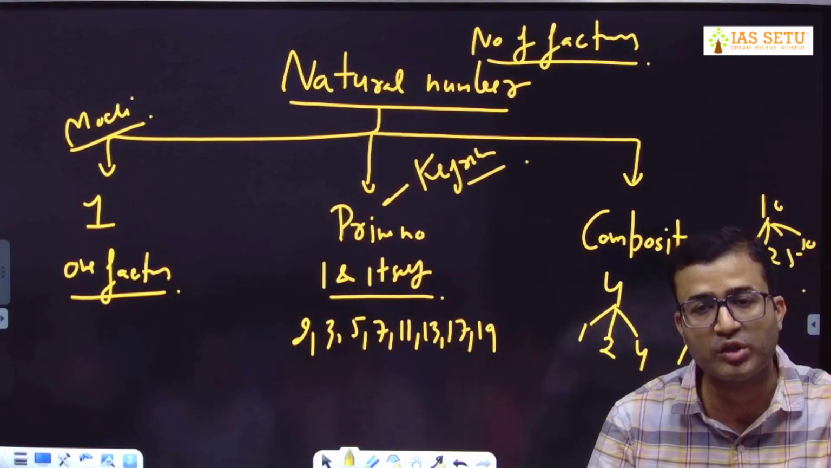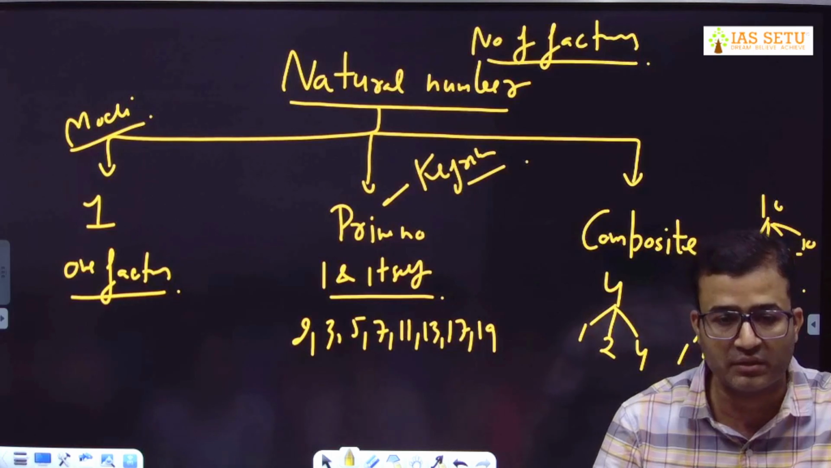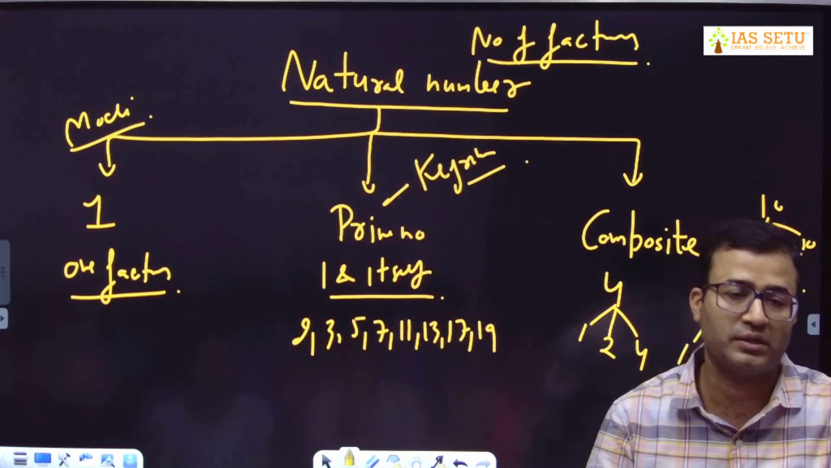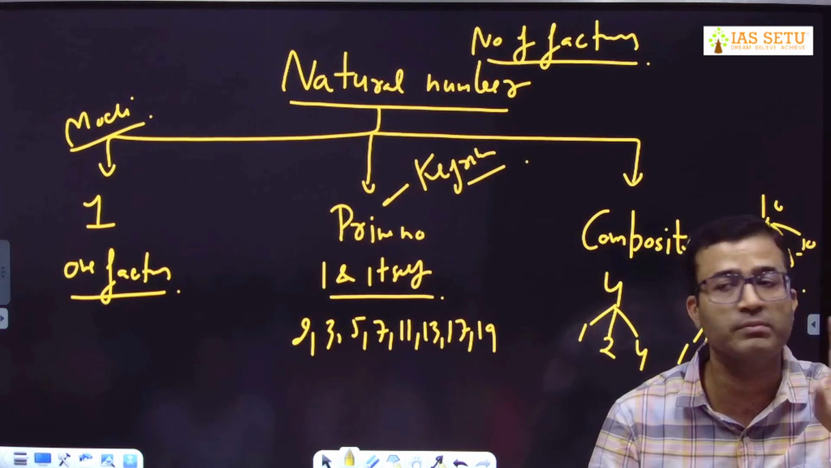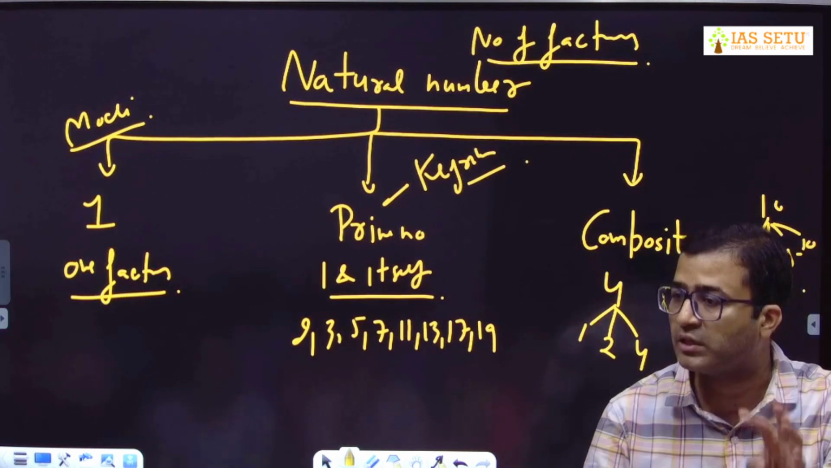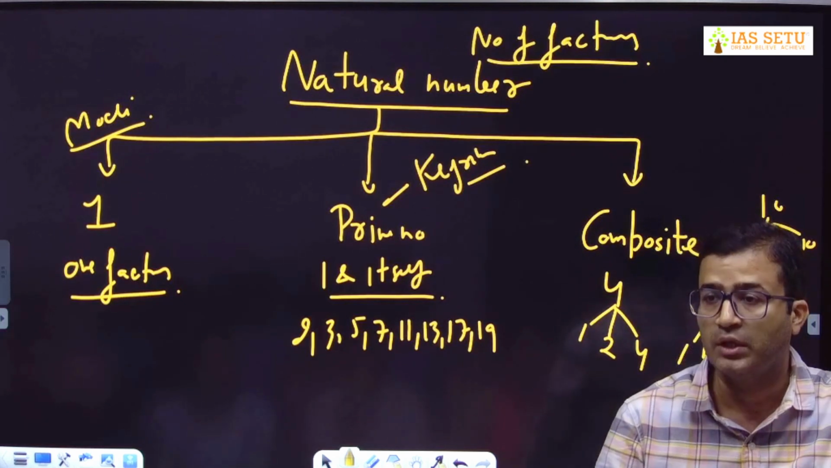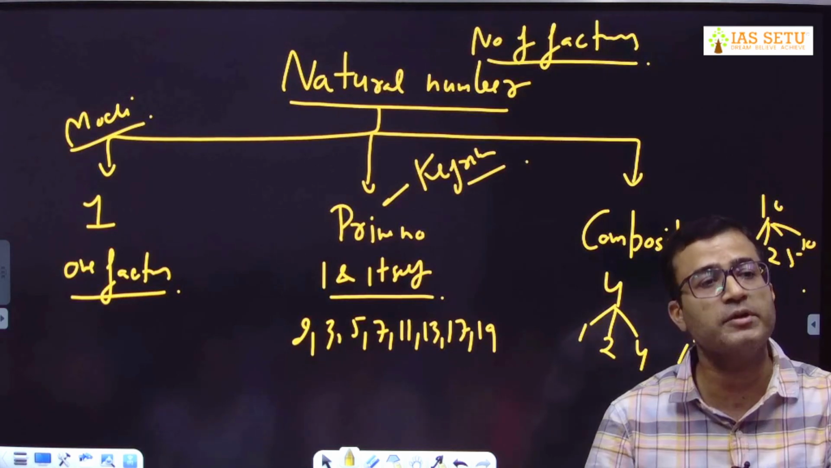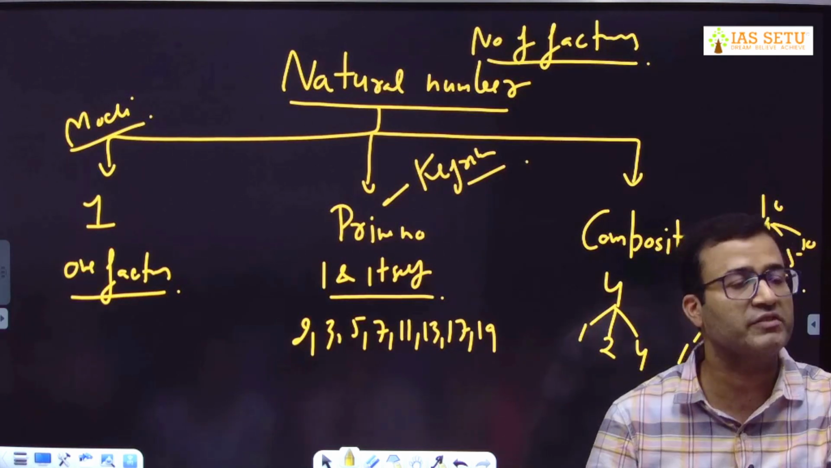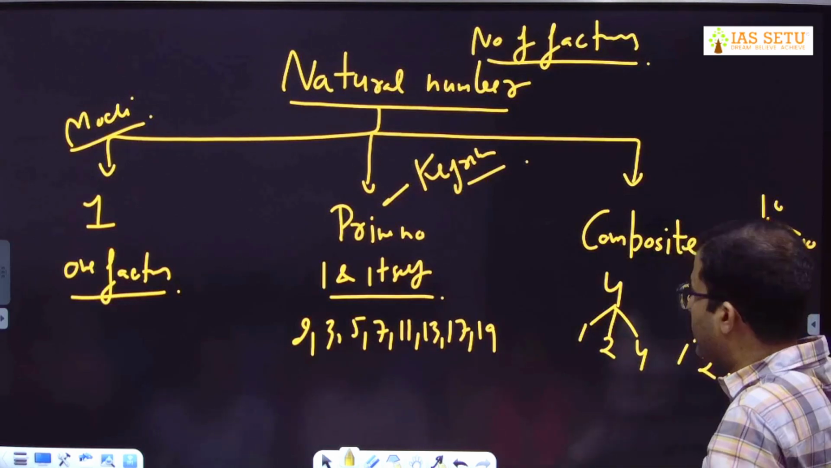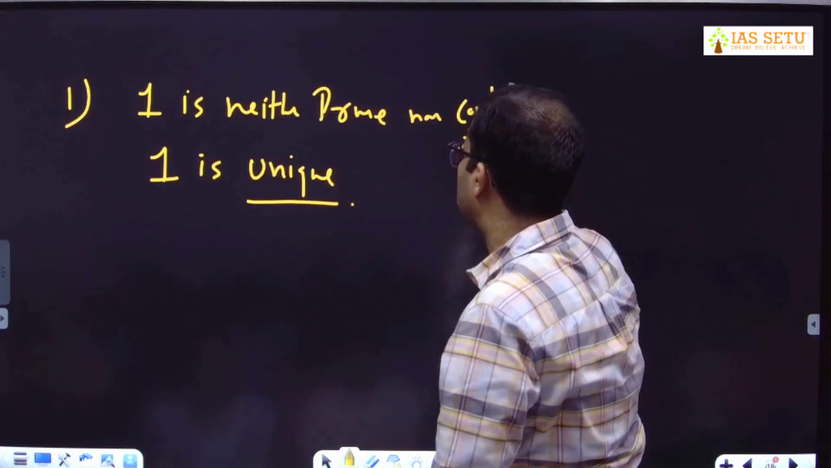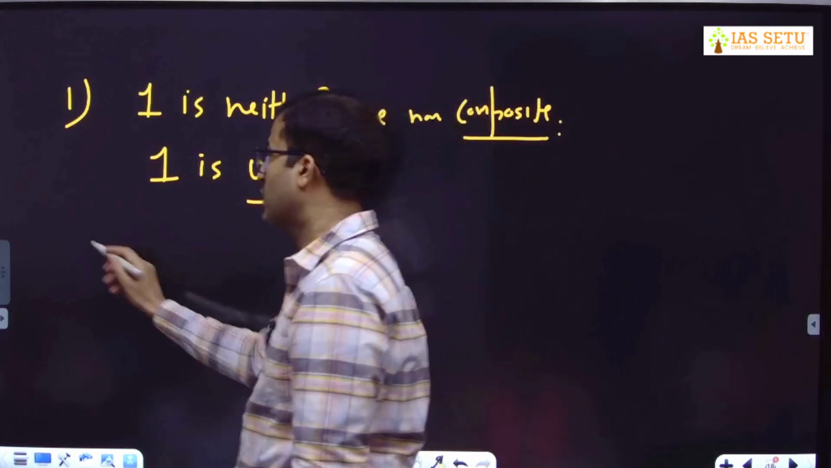Because there is no other natural number which has exactly one factor. Do you have any natural number which has exactly one factor other than one? No. You have minimum two factors. Other than one, all the natural numbers will have minimum two factors, maybe two, maybe three, or maybe more. So one is unique. Why? Because there is no other natural number which has exactly one factor other than one. So here our point is one is neither prime nor composite. One is unique. Next you write